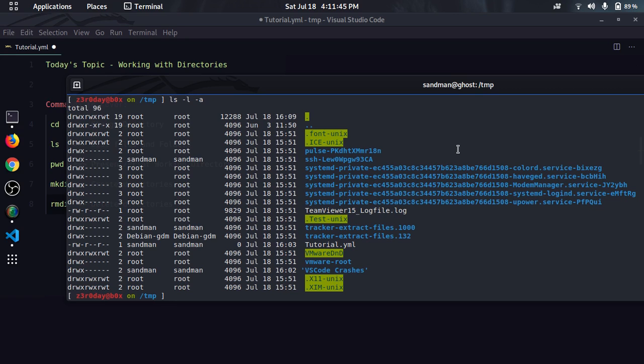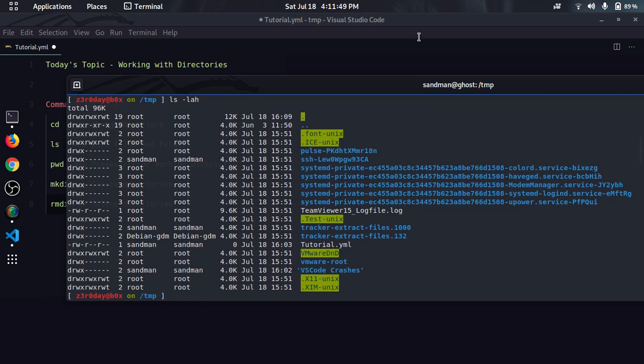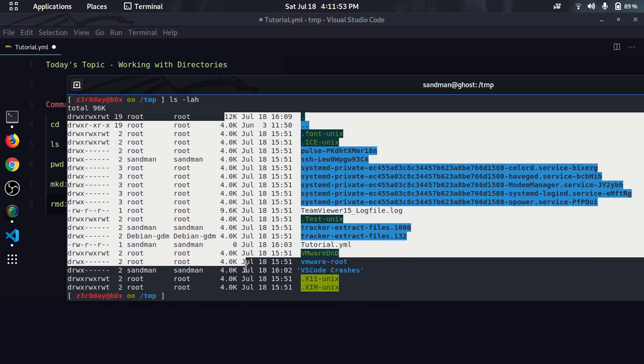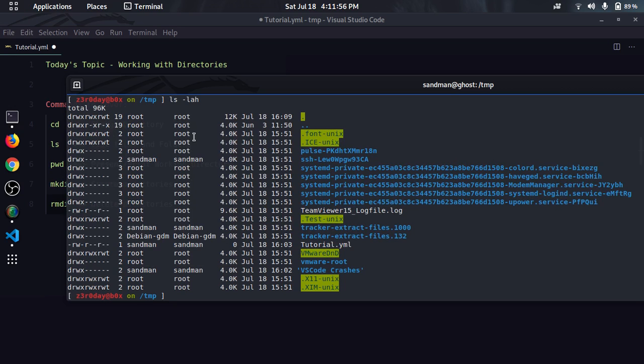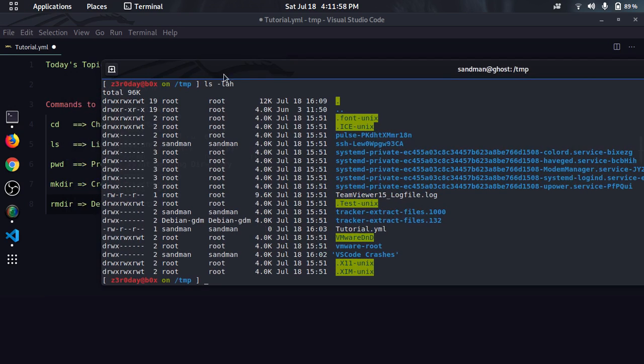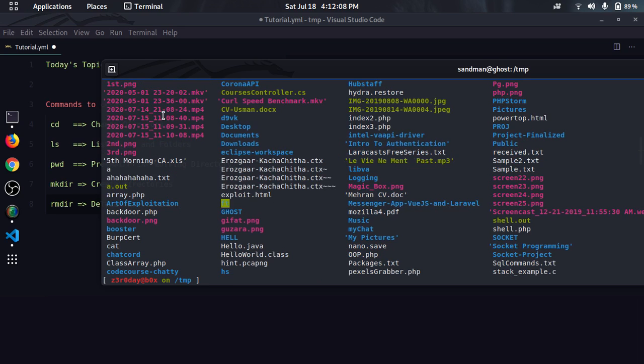The third argument we are going to explore is ls -lh. h means human readable size. Now you can see the size is very easy to read. So this is basic usage of ls. We can even look at the files and folders of another directory without changing to it. For example, ls home. Now you can see it is showing files and folders from my home.